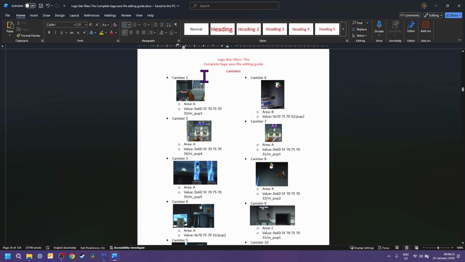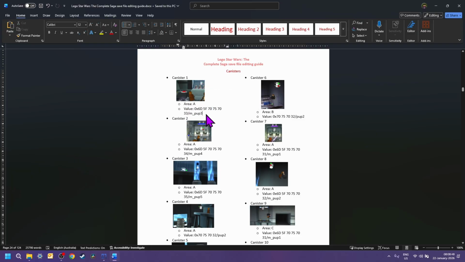Then I'll show a picture. There's a picture of where you can find the canister in the level, or you could see the YouTube video if you need a video guide and this picture's not exactly helpful. Or you could do, as Super would say, geoguessing. If you've got good geoguessing skills, you should be able to know where these canisters are. So, the area and then its value.